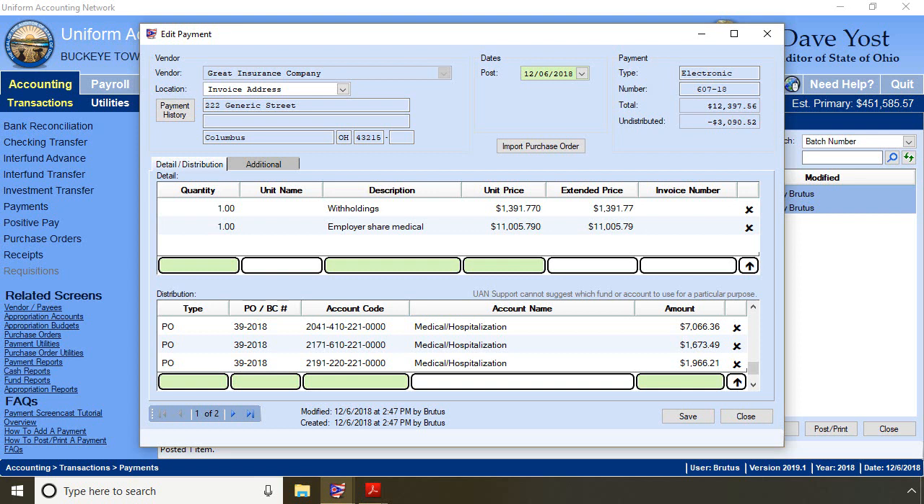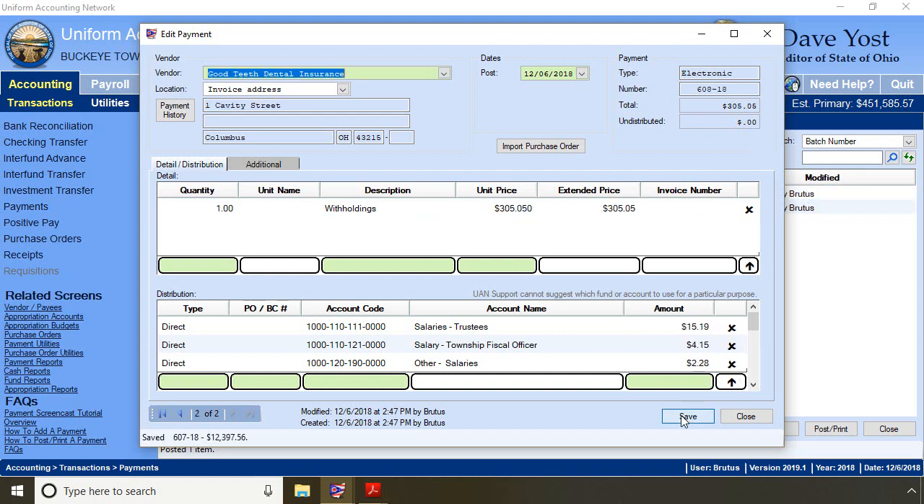Now, I'm not going to help you figure out the distribution. You have to know how to distribute your employer's share of your insurance payment, whether you clear it from payroll or not. This is just the employer's share being added to the employee withholdings. So my purchase order amounts have to be edited. Once I have an undistributed amount of 0, I'm ready to save my payment and move on to the Good